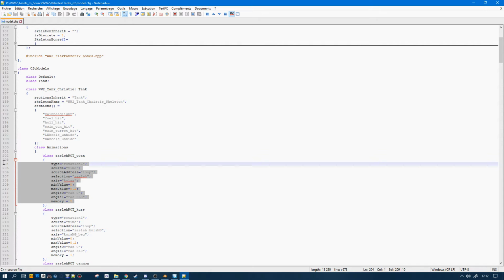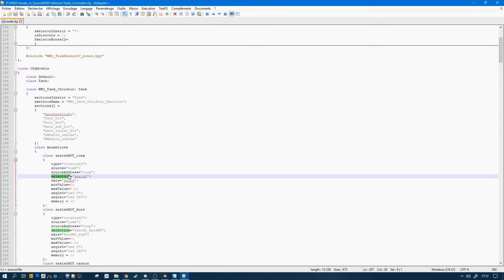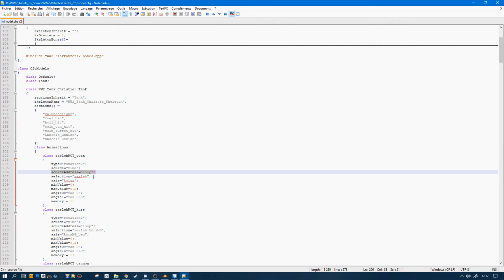You have important values, which are type. Is it going to be translation or rotation? Mostly. The source, it's the controller. The source address is how it's going to react or act. It's a loop, a clamp for the main.